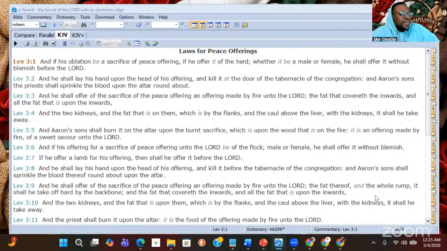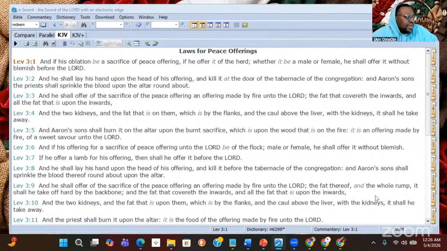And he shall offer of the sacrifice of the peace offering an offering made by fire unto Jehovah, the fat that covereth the inwards, and all the fat that is upon the inwards, and the two kidneys, and the fat that is on them, which is by the flanks, and the caul above the liver, which is the mesh part, and the caul above the liver with the kidneys,